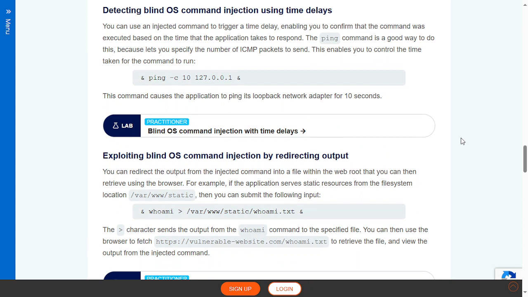Detecting blind OS command injection using time delays. You can use an injected command to trigger a time delay, enabling you to confirm that the command was executed based on the time that the application takes to respond. The ping command is a good way to do this, because it lets you specify the number of ICMP packets to send. This enables you to control the time taken for the command to run, and ping -c 10